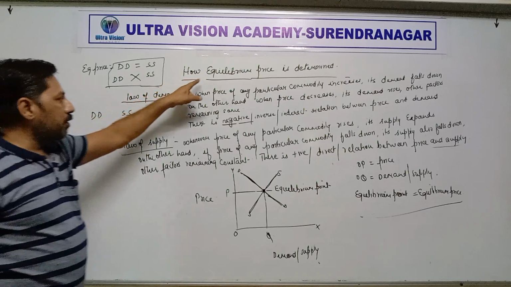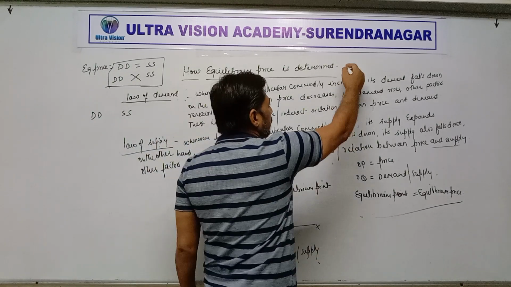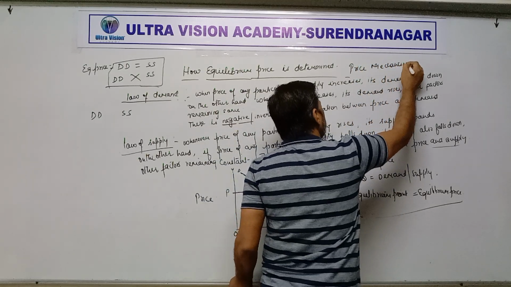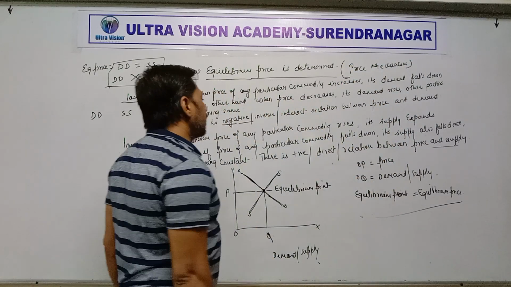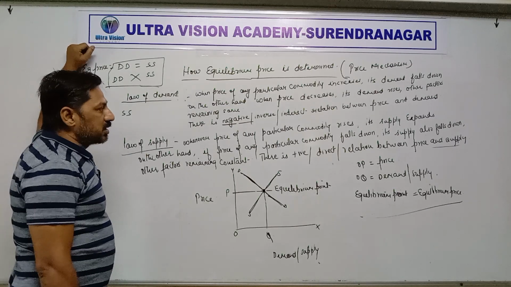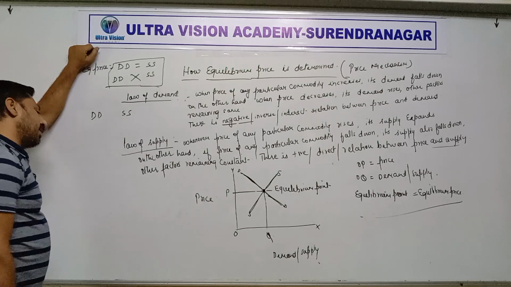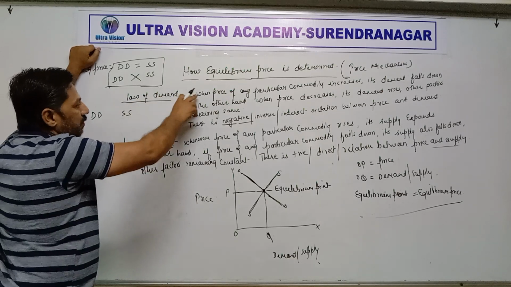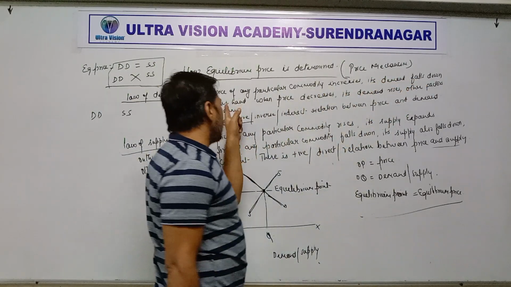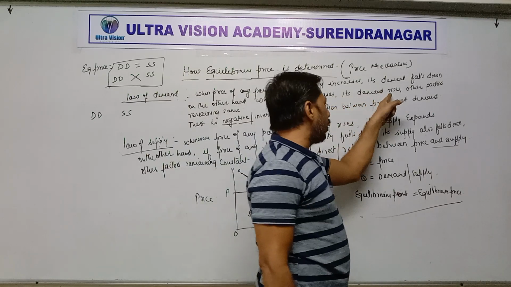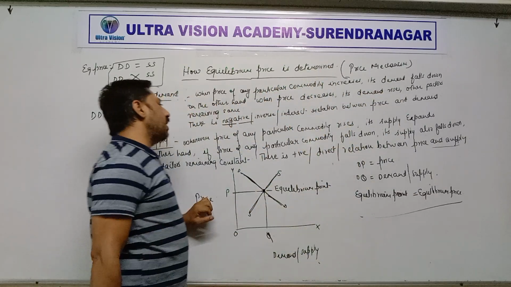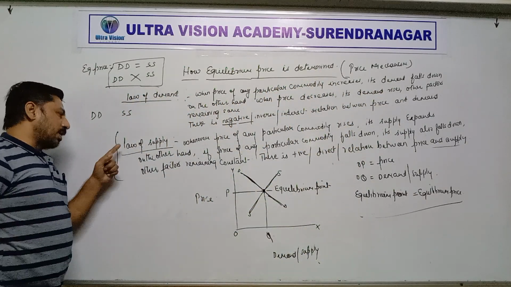This system is also known as price mechanism. In price mechanism, the price is automatically decided for any particular commodity on the basis of demand and supply of the commodity. So once again, the law of demand: whenever the price of any particular commodity increases, its demand falls down, means contracts. On the other hand, when the price decreases, its demand rises or expands. It shows that there is a negative relation between price and demand, other factors remaining constant. Second part, we all know the law of supply.